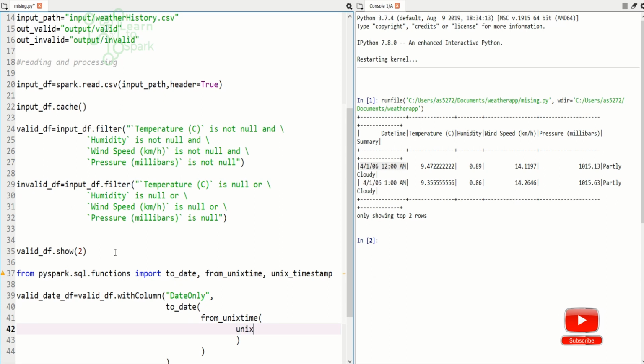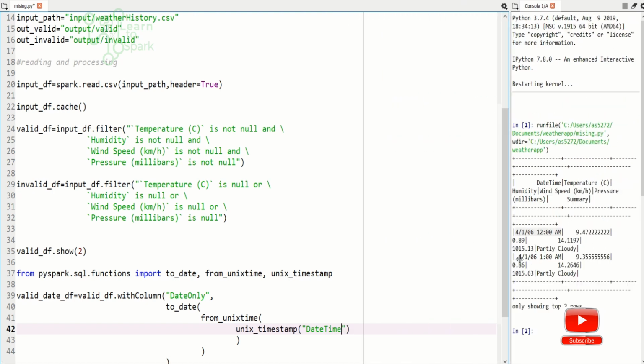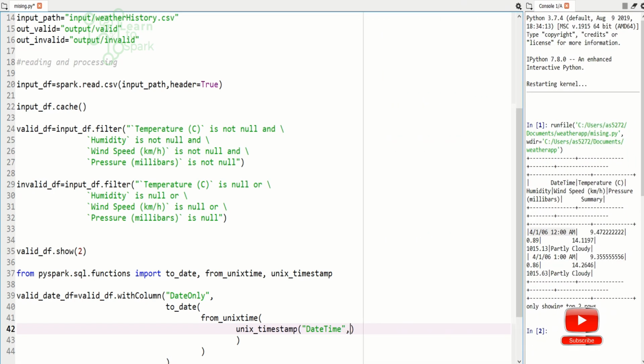Inside this, I will use unix_timestamp to convert the date time into the required format that we need. So here I will give the column name. Our column name is date time, and here we need to specify what is the schema of that date column.